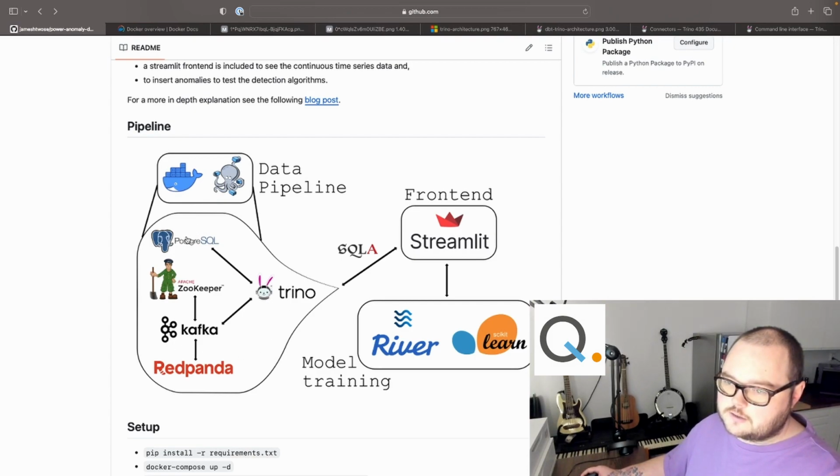So a Postgres database running in one Docker container. Kafka, which is then our streaming software. Red Panda is, at least what I'm using it for, just an interface to keep track of the messages, a means of having an overview of where our Kafka messages are going. And similarly, Zookeeper is being used here to collect all the metadata on the different Kafka